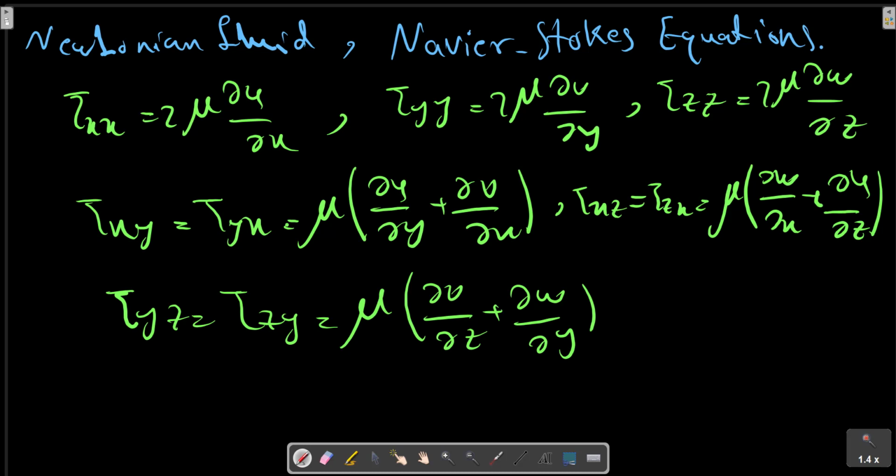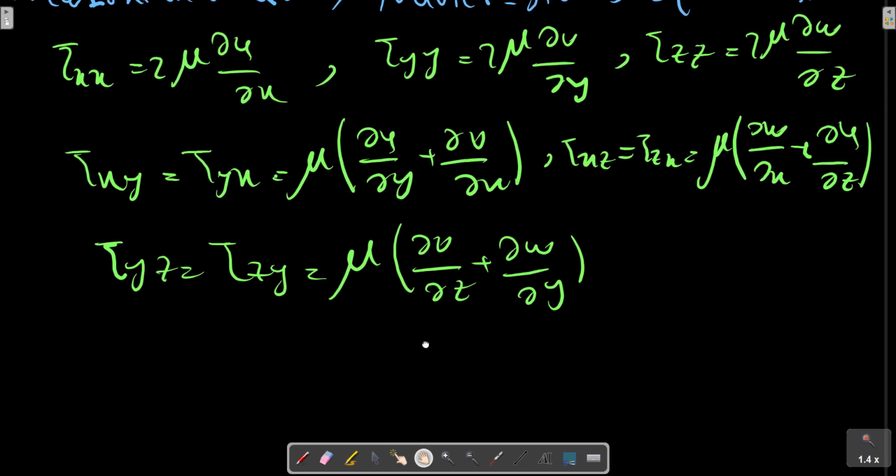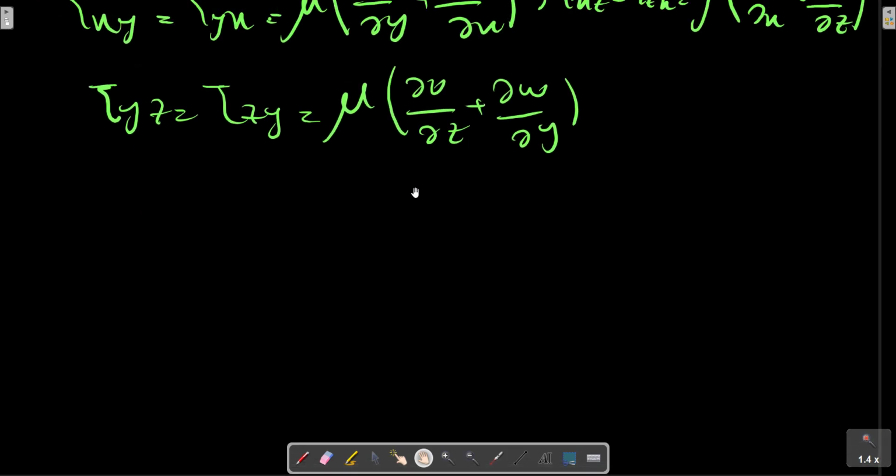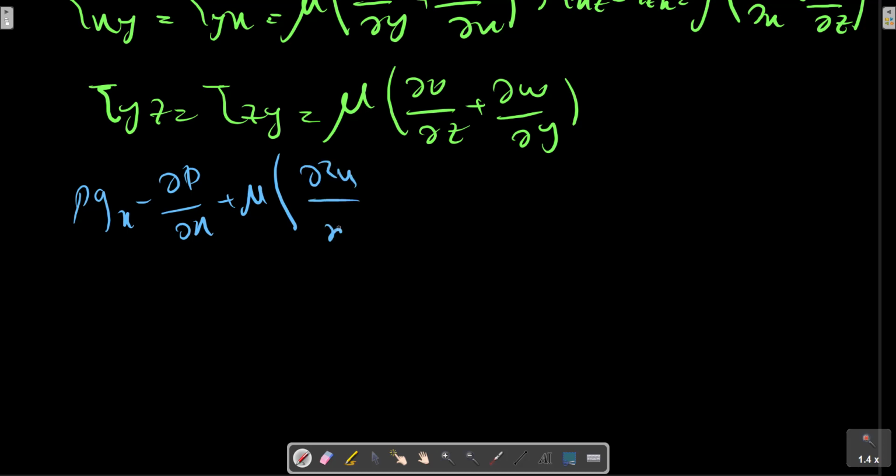Substitution into the previous equation gives the differential momentum equation for a Newtonian fluid with constant density and viscosity, as these relations. As we said, replacing into the conservation of momentum equation with the assumption of a Newtonian fluid, the Navier-Stokes equation in the x direction is rho gx minus the normal pressure term, plus the viscous term, which is converted to the form of velocities,